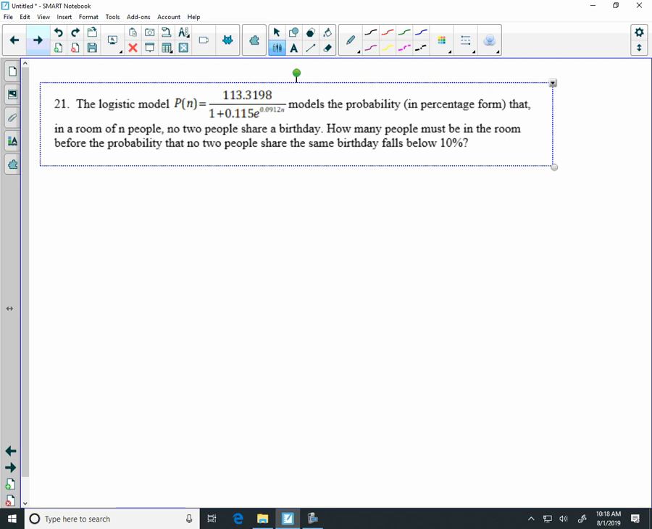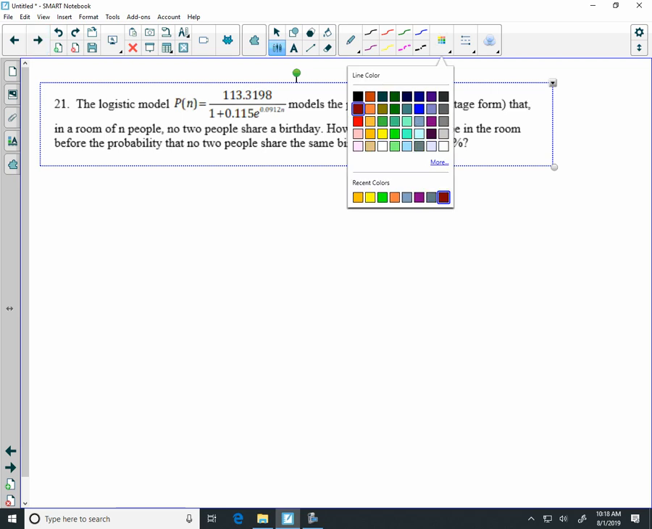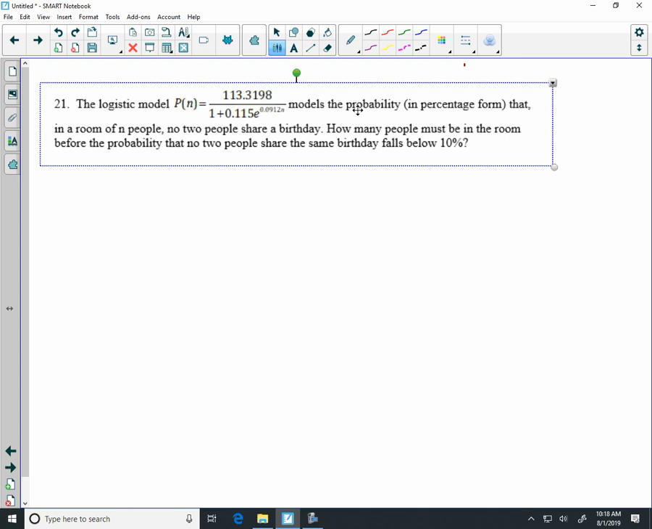I'm sorry, I misspoke. That no two people share a birthday. The probability that you do share a birthday is high. The probability that you don't is going to be low. This equation models the probability of no two people sharing a birthday. Sorry, I'm sorry that I misspoke. So what we're doing with this